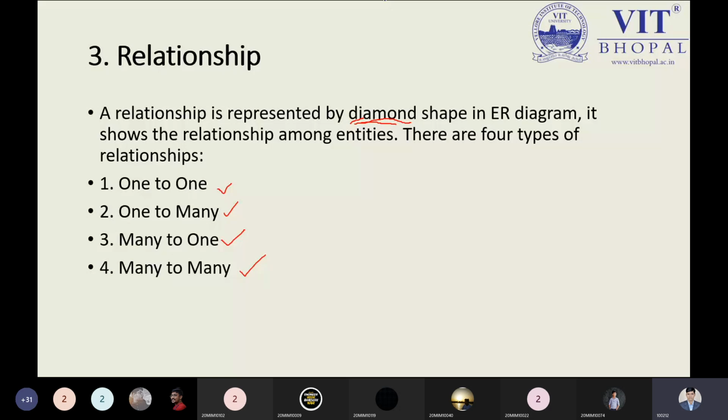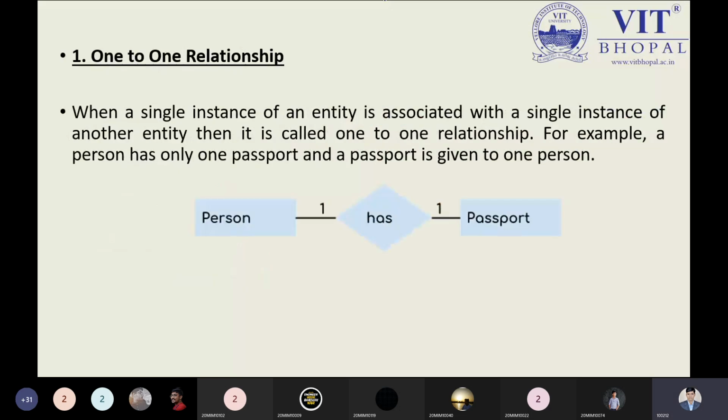From this perspective, we have the first relation, which is the one-to-one relationship. In this world, as we know, one person can have only one passport. Are you allowed to have two passports? No. If you suppose you have, then we can say you have multiple passports, so you are communicating a one-to-many relationship. But I'm talking about the general way, not the special cases when you have passports from two different countries. Practically you can have that depending on the circumstances, but in the general way, are you allowed to have multiple passports? No. So that is the reason we have the simple type of relationship, one-to-one.